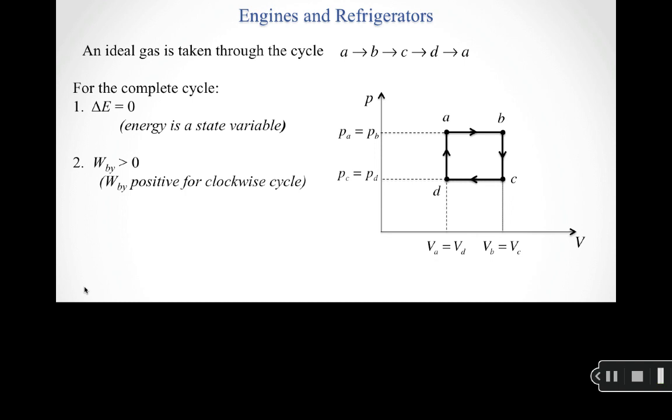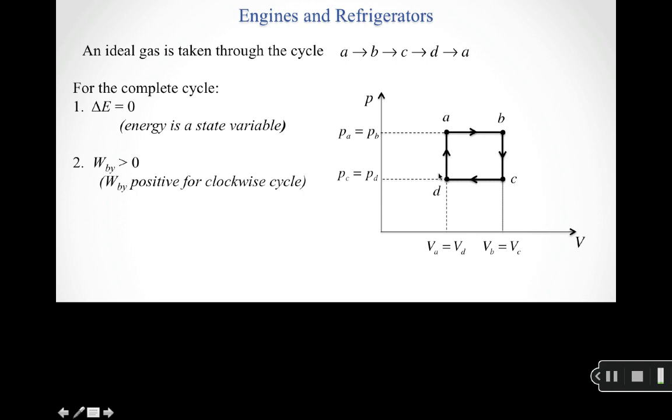We also know that the work done by our system is going to be positive over this cycle. So as I go from A to B, I have a larger positive area under the curve than when I come back from C to D. So my smaller negative area plus my larger positive area, and again I've got no area under the curve going from B to C and no area under the curve going from D to A. So I know that my net area under the curve here is going to be positive, which tells me that the work done by my system is going to be positive.